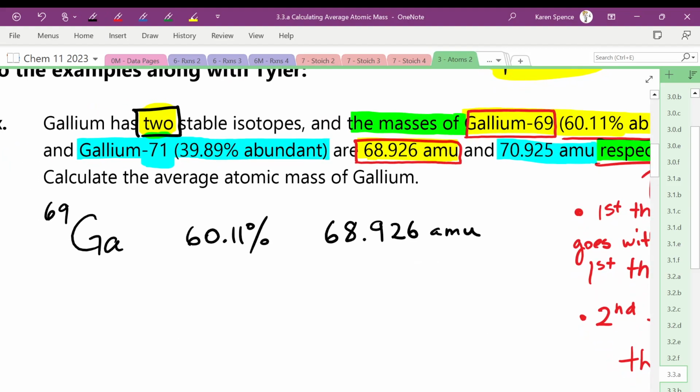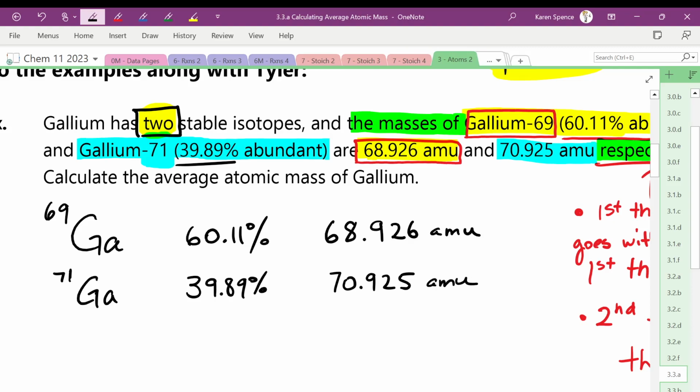So we can write down our information about gallium-71, Ga71, and that is 39.89% abundant. That means 39.89% of all the atoms of gallium have a mass of 71, or more specifically, 70.925